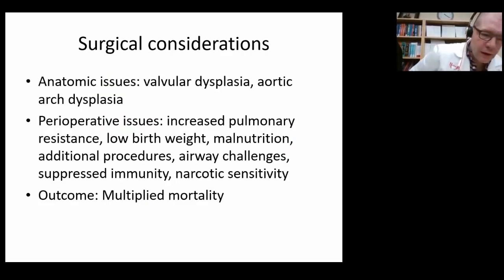So ideally, any child with or without trisomy who has a large shunt lesion like a ventricular septal defect undergoes repair before these vascular changes are allowed to take place, or if their pulmonary vascular resistance didn't fall very much, then they undergo repair and then they receive treatment that's specific to helping the lungs to be more healthy and helping